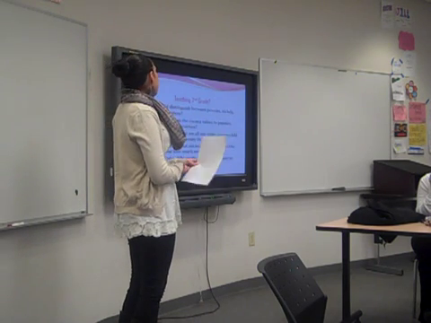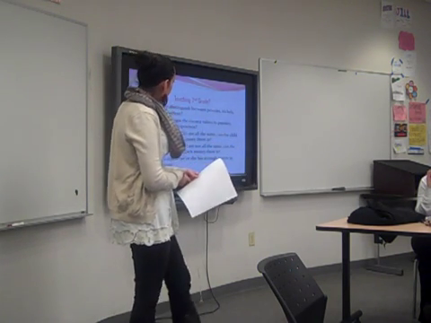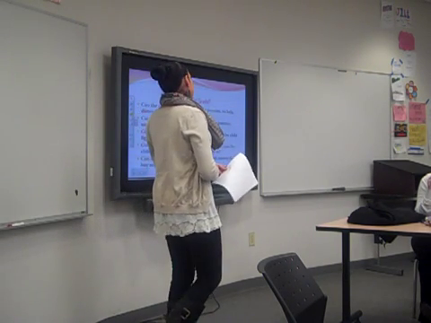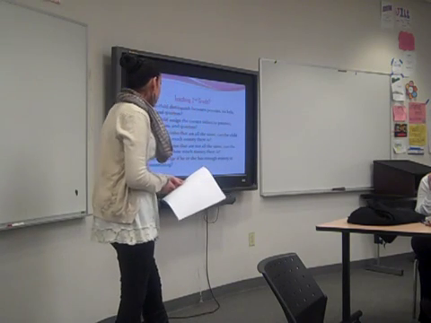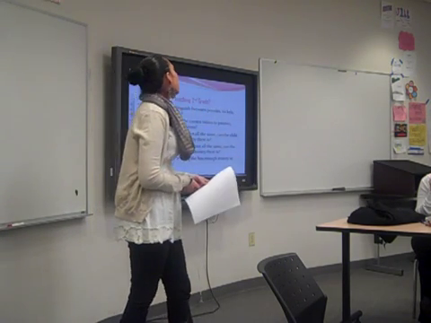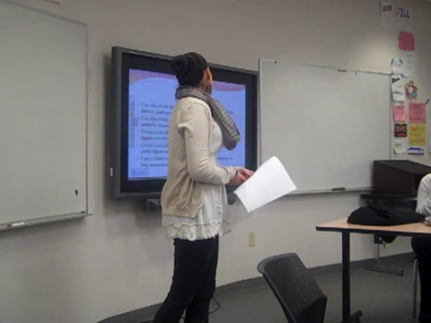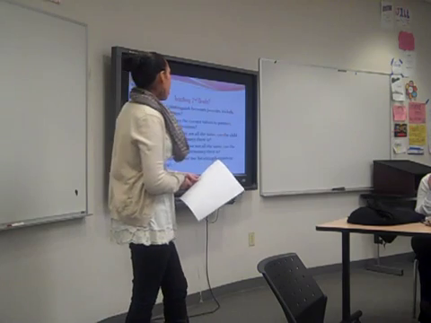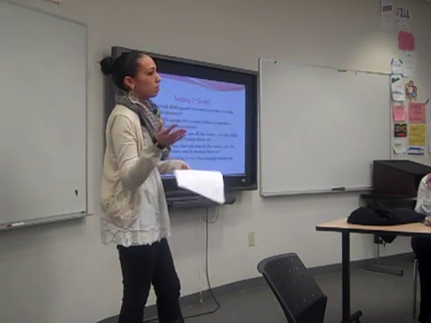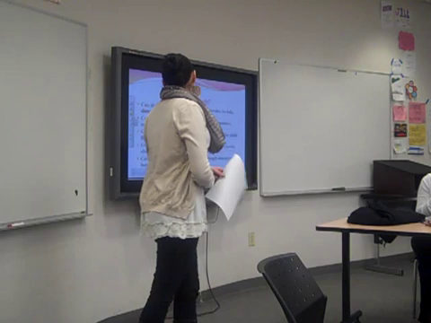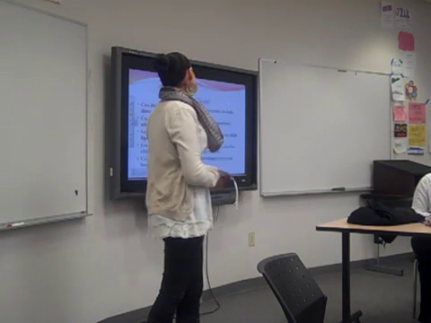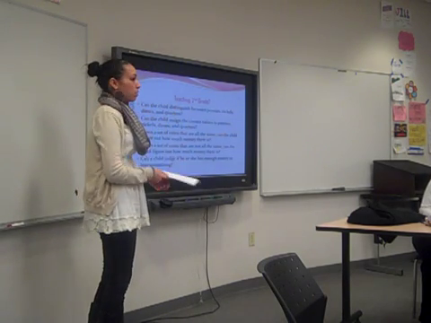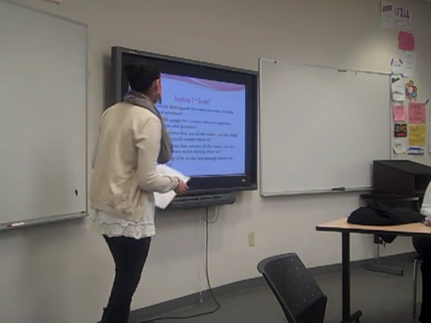The first one: can the child distinguish between pennies, nickels, dimes, and quarters? Can the child assign the correct values to pennies, nickels, dimes, and quarters? Given a set of coins that are all the same, can the child figure out how much money there is? And if they're not the same, like if there are dimes, quarters, and nickels, can they figure out how much money there is? Then, can a child judge if he or she has enough money to buy something? Those are the 5 main questions that children should know.